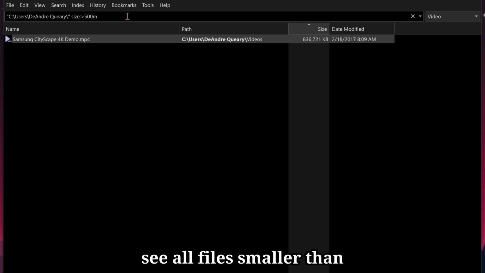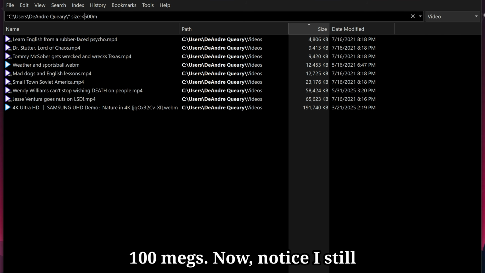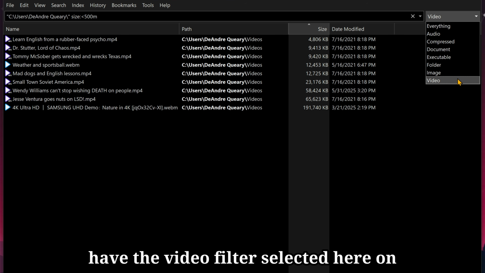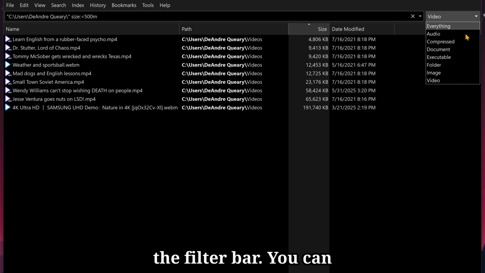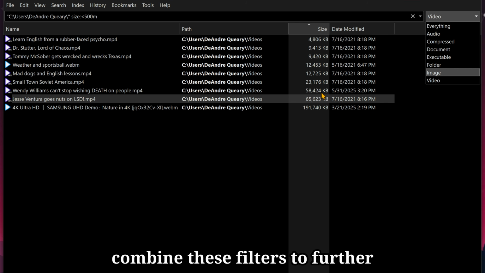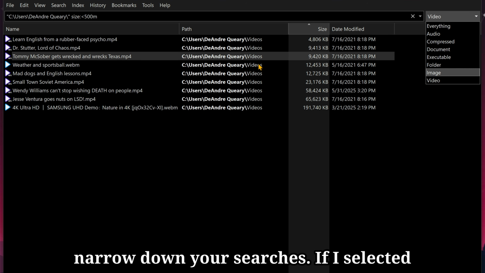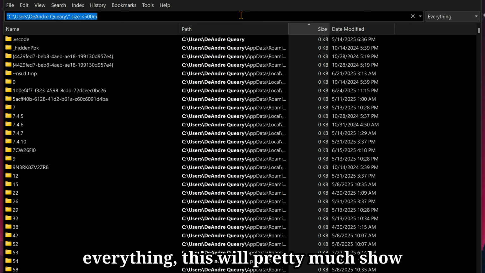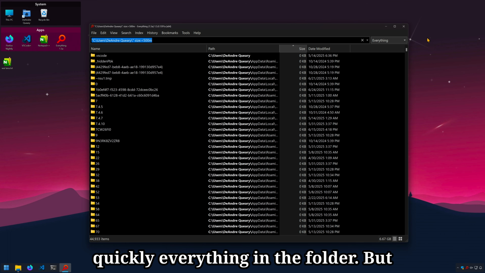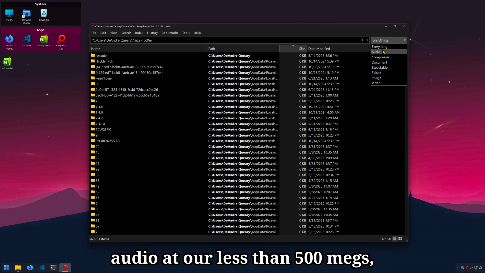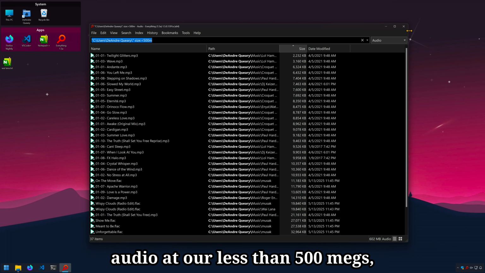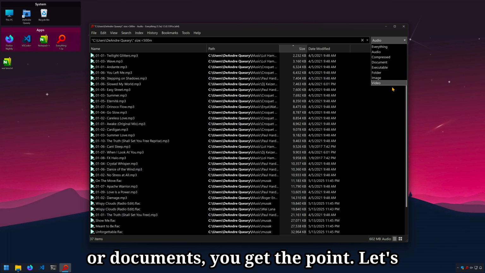Or if I wanted to see all files smaller than 100 megs. Now, notice I still have the video filter selected here on the filter bar. You can combine these filters to further narrow down your searches. If I selected everything, this will pretty much show basically everything in the folder. But let's say I wanted to see audio that is less than 500 megs, or documents, you get the